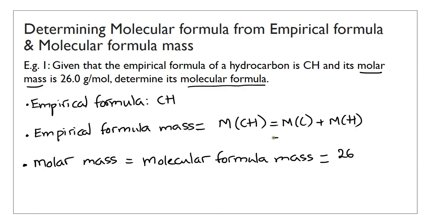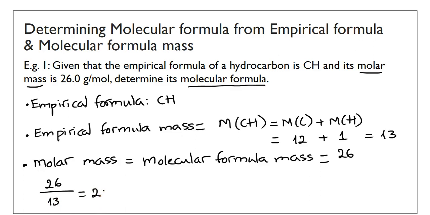And if you look at the periodic table, the mass of carbon is 12 and the mass of hydrogen is 1. So the empirical formula mass in this case is 13. So the difference between the empirical formula and the molecular formula can be found by comparing the masses of them. So there is a ratio of 2 to 1, or if you just go 26 over 13, that's 2,